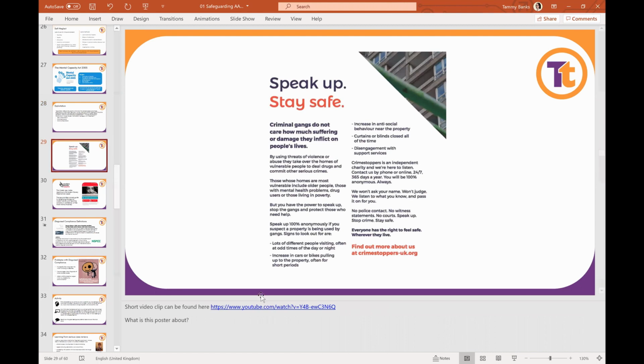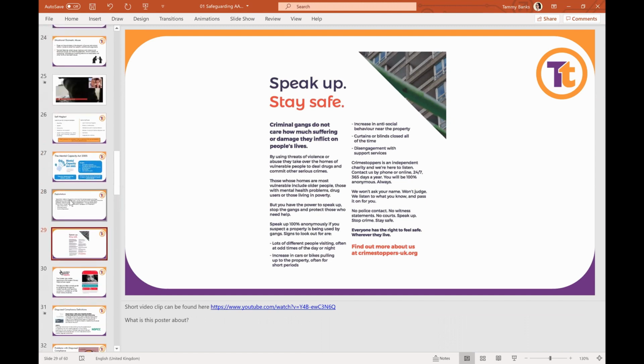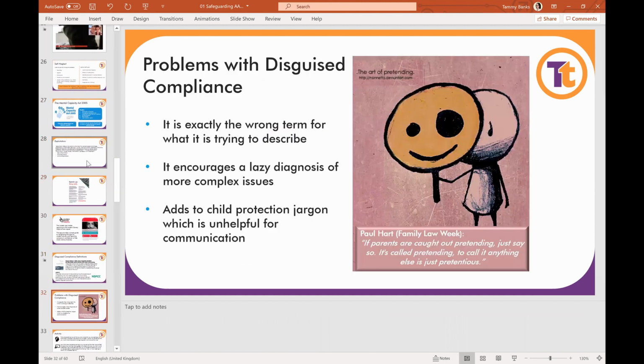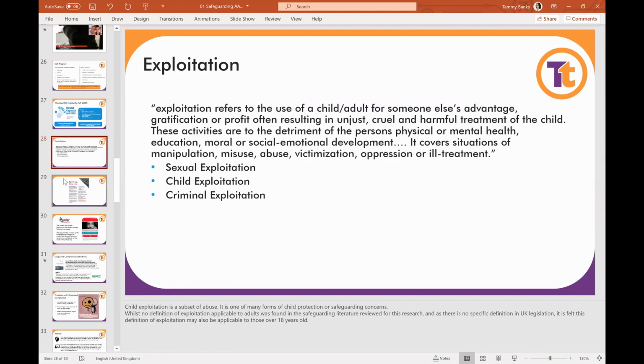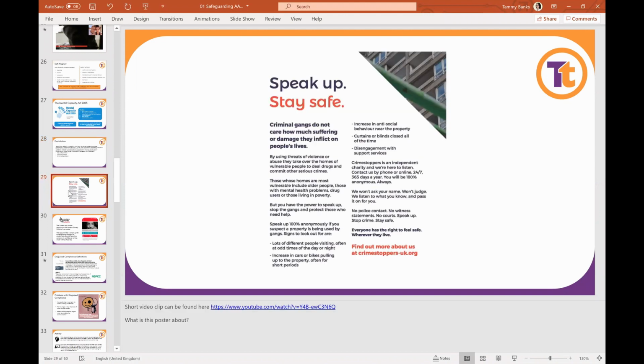What's this short video clip about? It's the short one around county lines, which, to be fair, I think they do watch in Awareness Alerter, don't they? It's a common theme that does seem to come out quite a lot when we talk about them. But when we do Alerter, we talk about modern slavery and exploitation that way, but not so much around other forms of exploitation. Especially because I've had some say, well, we definitely get our older people targeted through cuckooing, and then those who work with young people say, but we have it with the young people selling the drugs and all that kind of stuff.